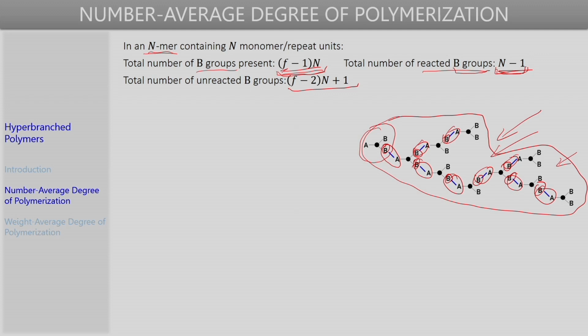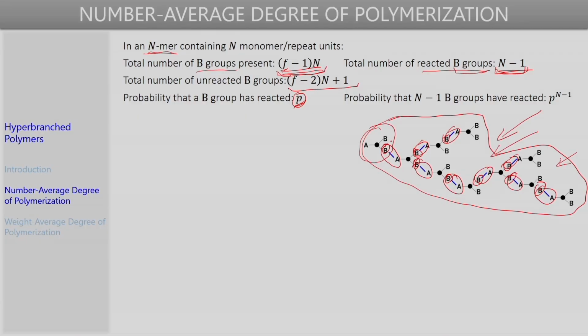And one more thing to note is that the probability that a B group has reacted is given by P. The extent of reaction that we have defined previously, the same P we are using here, and that P earlier had been defined as the fraction of B groups in the entire reaction mixture that have reacted at a certain point of time. Now, that fraction is also equivalent to the probability that a certain B group has reacted in the reaction mixture. So, if we just randomly select a B group and try to see if it has reacted or not, the probability that it has reacted at a certain point of time will simply be P,